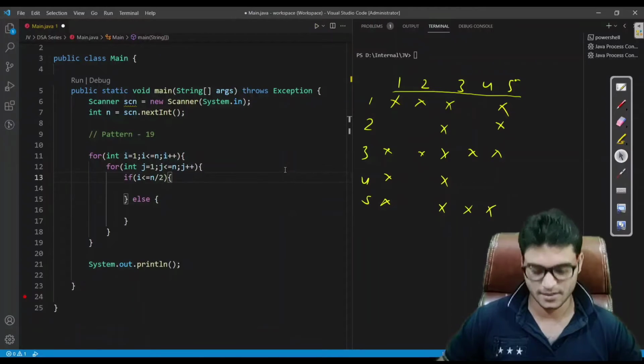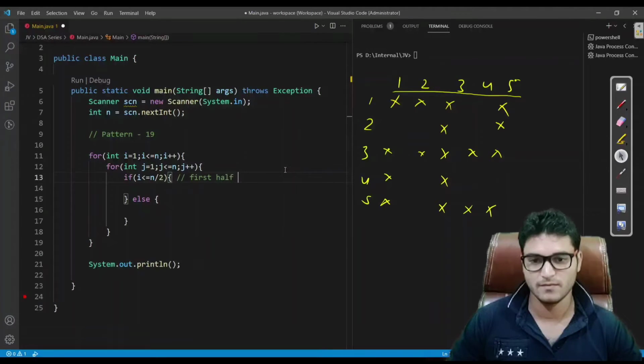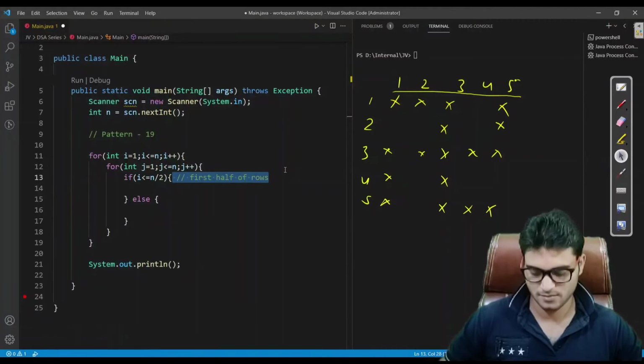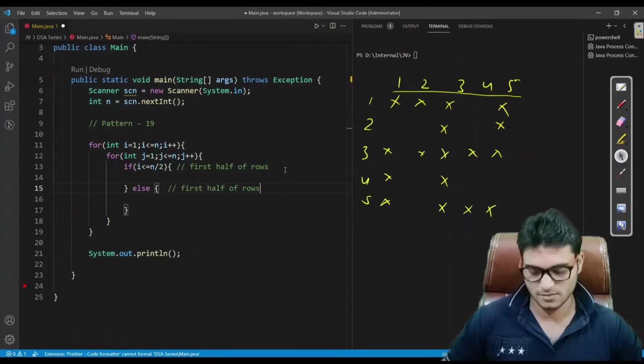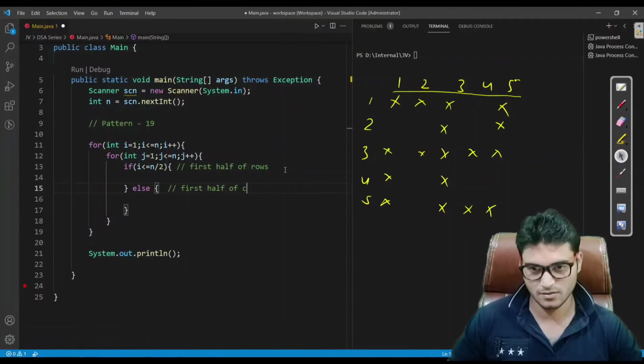So let me write it also: first half of rows, and this is the second half of rows.